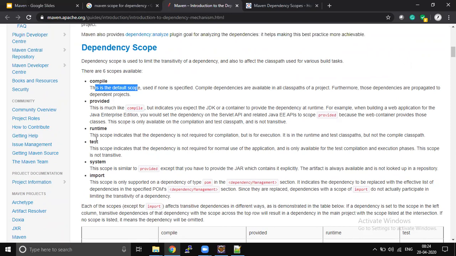Most of the time, for the test jar files we will mention test, because we need those jar files till the test life cycle runs. This is what we mostly use in microservices. The remaining ones we don't use. Provided will be used in most web applications, but with microservices there are no web applications. We don't play with runtime and system because those will create so many exceptions, right? So most probably we will use test alone in a microservices architecture.